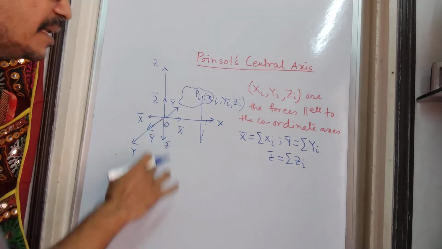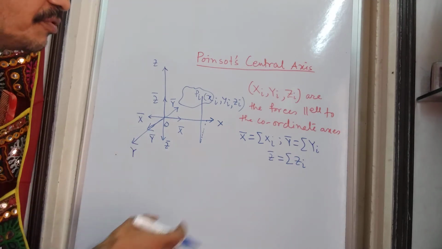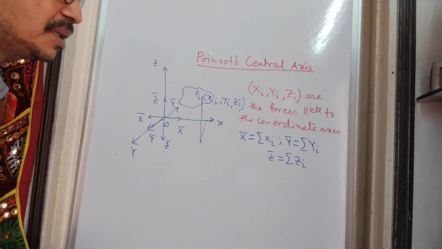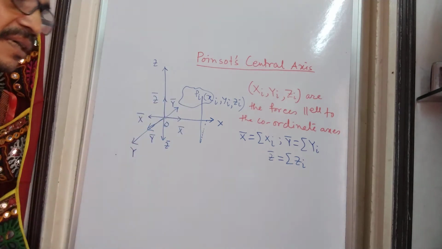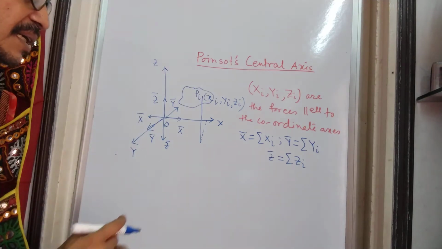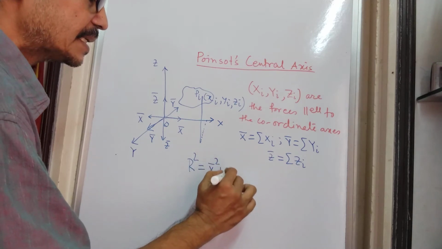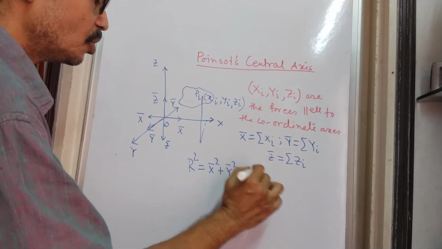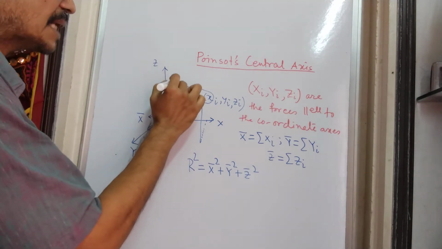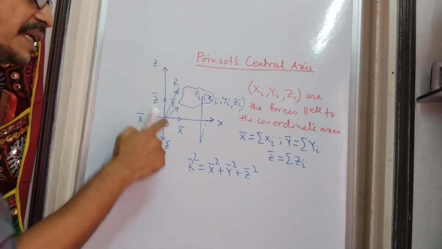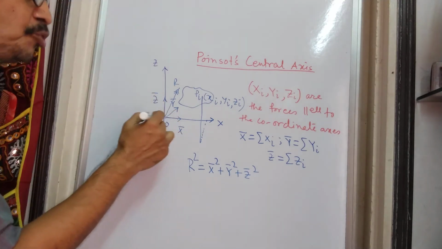But the ultimate effect on the body turns out to be a combination of a force as well as a couple. Why? Because this X bar, this Y bar and this Z bar in the positive direction give us the resultant R, which acts at the origin. Let us draw it like this with a double arrow. This is R, the resultant of X bar, Y bar and Z bar, since they are acting through mutually perpendicular